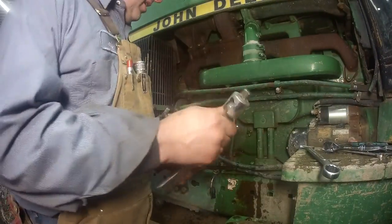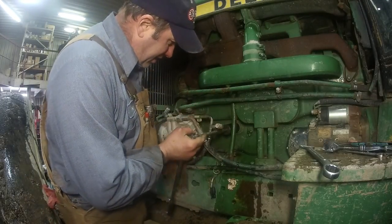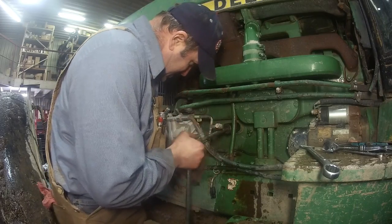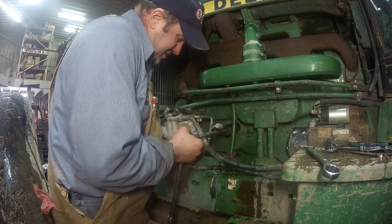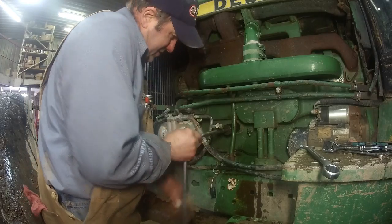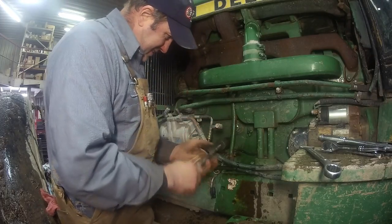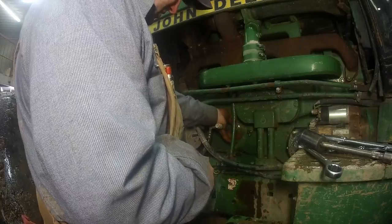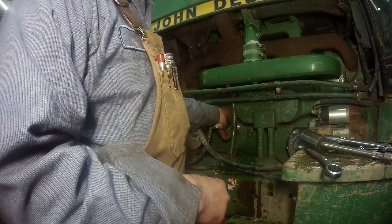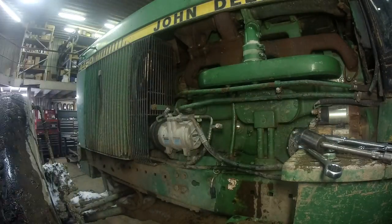So, I'm going to loosen up the gland nut that's on the heater element itself. There's the gland nut there. Now I can do the